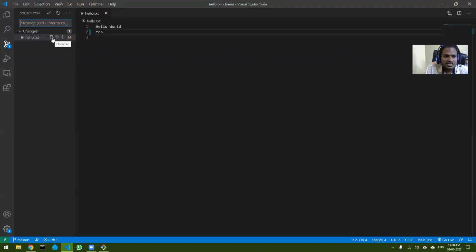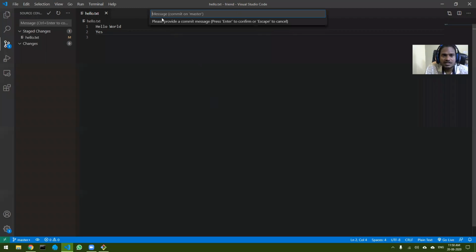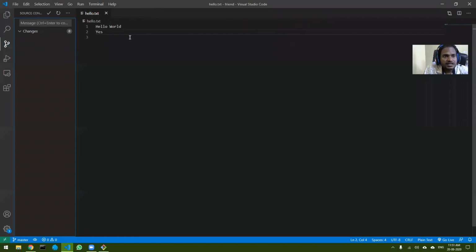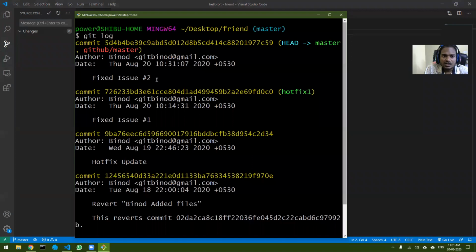Here you can open the file and you can discard the changes, or you can stage the changes. If I click on this, it stages the changes. Now it is saying these are the changes that are staged, and here you can open the file and unstage. Finally, if everything is done, you can click on this button to commit. If I click on this, it asks for a commit message. I give a message, and that's it, it is committed. So I don't have to go to the git GUI.